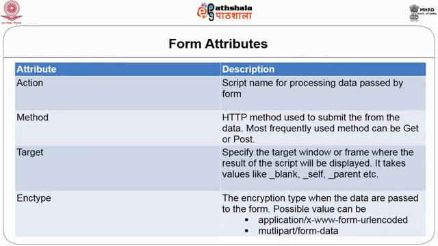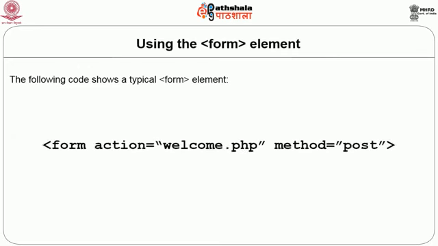Target specifies the target window or frame where the result of the script will be displayed. It takes values like _blank, _parent or _self. Encryption type is the encoding used when the data is passed by the form. The possible value can be multipart/form-data or application/x-www-form-urlencoded. If you look at the example, within that form you write the form opening tag, action equal to the script name, generally in inverted commas, and method equal to the method name, which can be get or